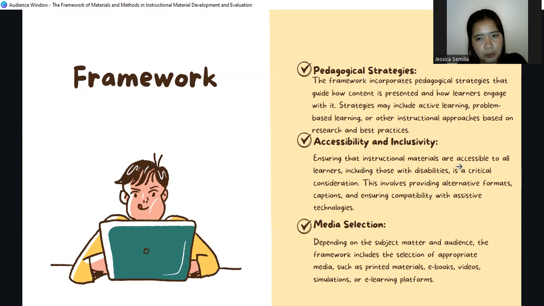Writers or curriculum developers have their own strategy when they present a material. They can use active learning, problem-based learning, instructional approaches, communicative strategy, constructivist strategy, and all, which are based on researches and best practices. So curriculum developers try to look into different theories where they think that learners could learn best. Can either they learn from general to specific, specific to general, they learn through communicative activities and all. So those are the pedagogical strategies that are encrypted to the learning material presented into the book or into the